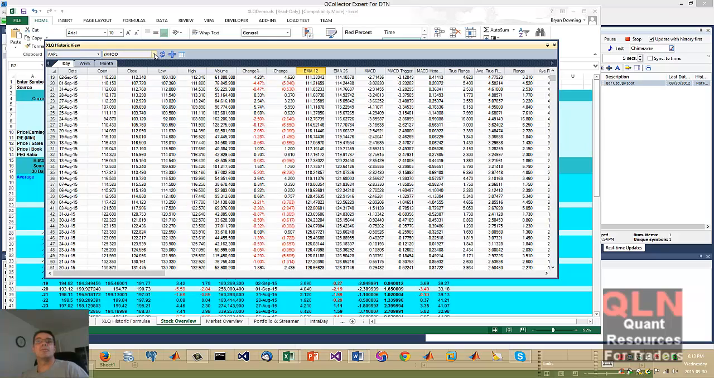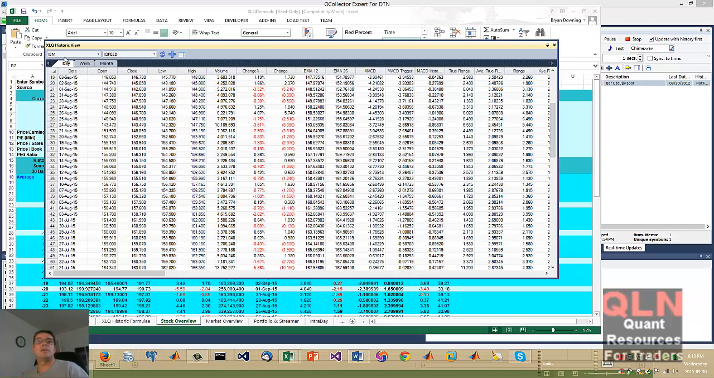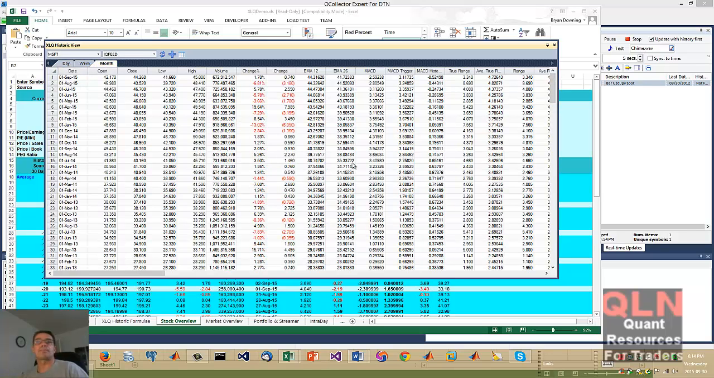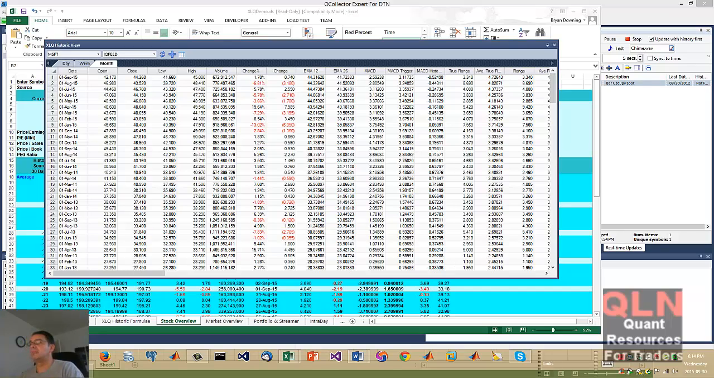Okay, so let's say I want to choose IQFEED, Apple. It's pretty unbelievable what you can get with this XLQ. Okay, let me pull up a browser window for XLQ, just to give you an idea of some of the